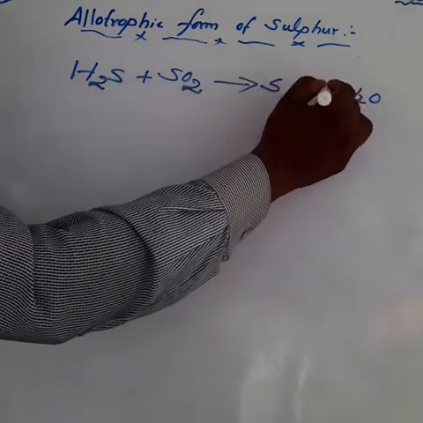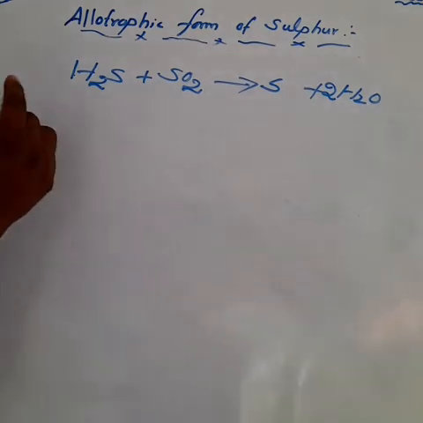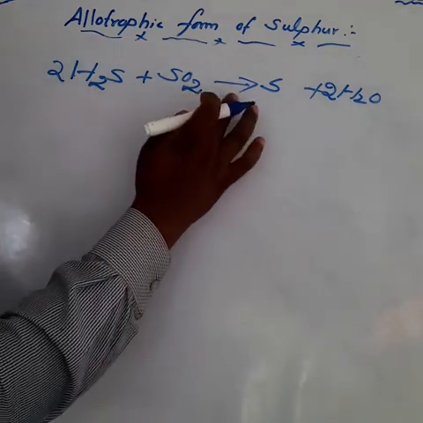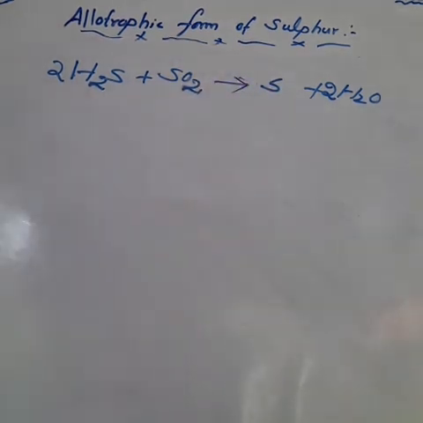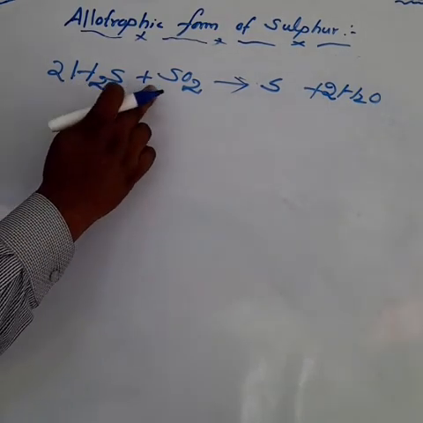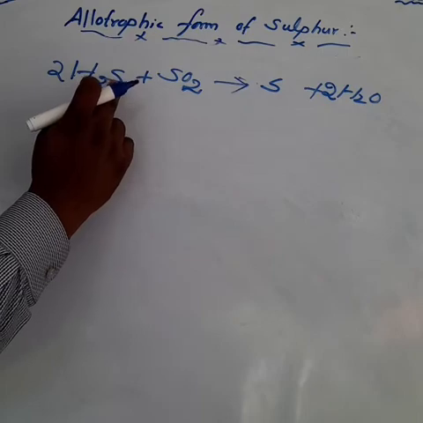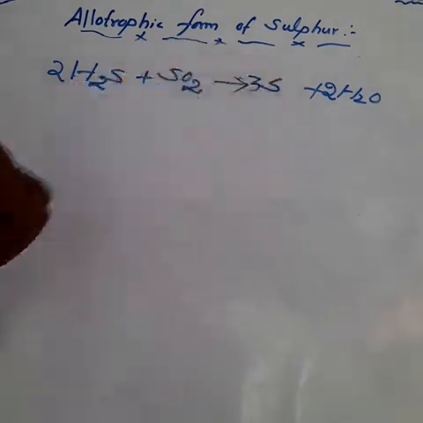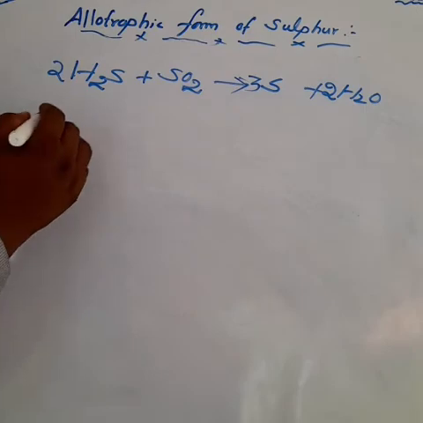The reactant side has 2 oxygen, so make it 2 water molecules on the product side. So how much hydrogen is there? 2 times 2, 4 hydrogen. So if you are making 2, it means 2H2S. Now hydrogen is balanced. What about the sulfur? 3 plus 1 is equal to 3. So make it 3 sulfur on the product side. The equation is balanced. What about the next equation?